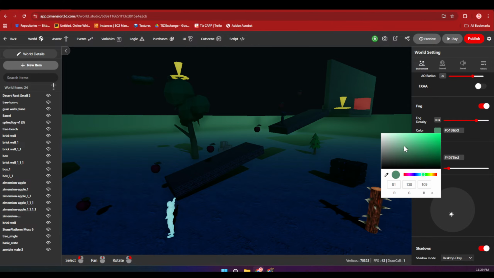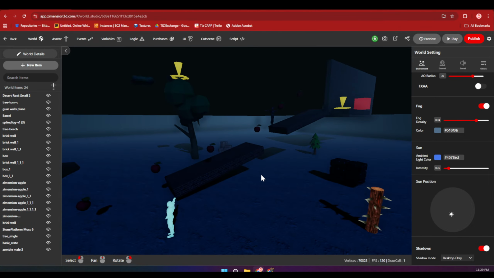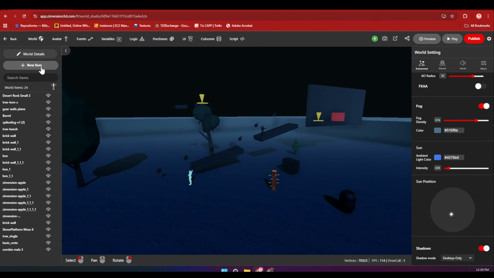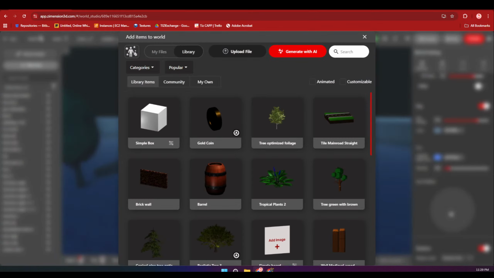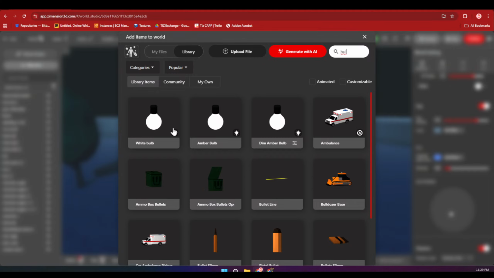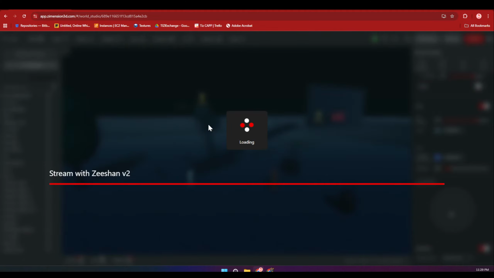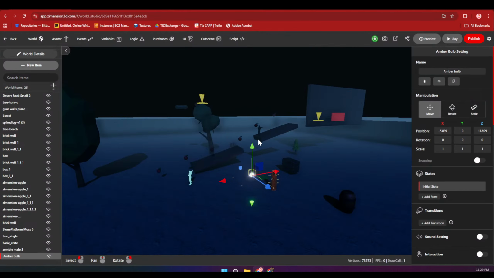And we can even make the fog color match this. And we will add a light source. For that, all you have to do is search for bulb. So we have some bulbs, but it affects the performance drastically.